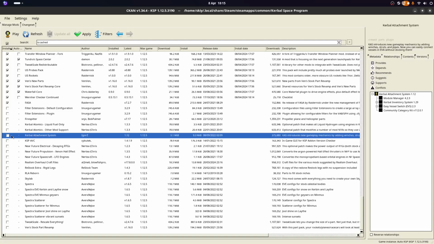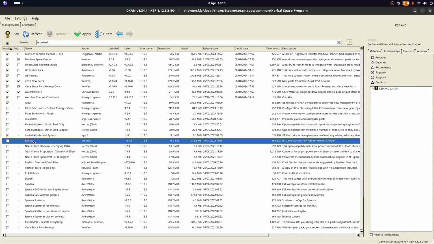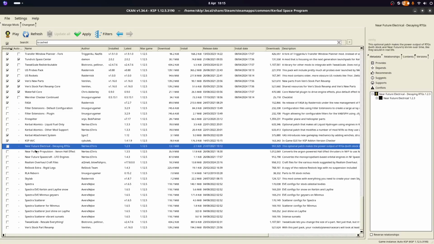Don't particularly care. Kerbal Attachment System. That would be useful when we eventually get there. Add-on version checker. Now that will be useful for creating a listing of all the things I've installed. Decaying RTGs. I think Kerbalism covers that, so